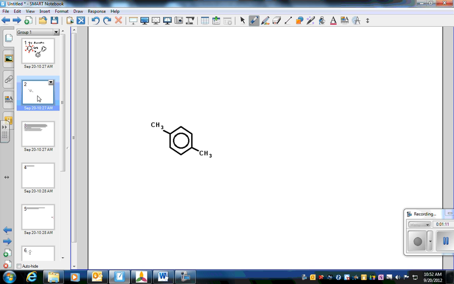Now, if we are naming benzene compounds or aromatic compounds, because most aromatics, over 99%, contain the benzene ring, we would use that as a parent chain. So here we've got a parent chain of benzene, and we've got 2 branches, 1, 2. They're both methyl groups, so that's dimethyl